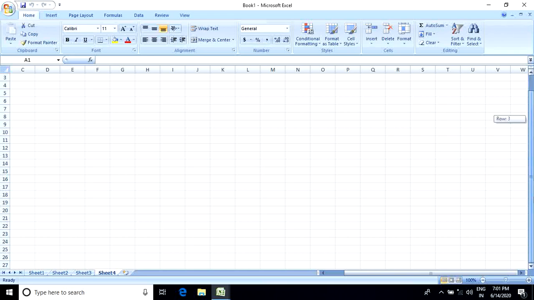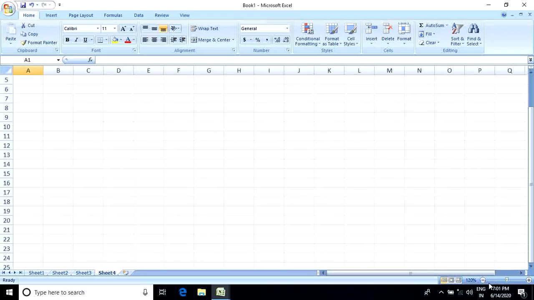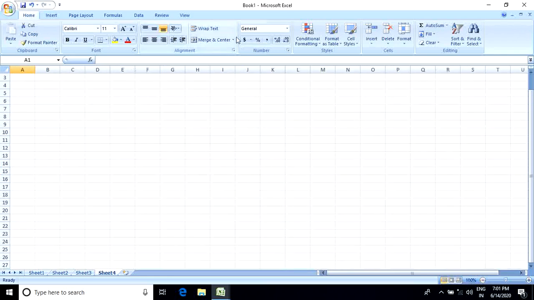Here is the zoom slider, for zoom in and zoom out, and this is called the status bar. So these are the options we can find in Microsoft Excel.